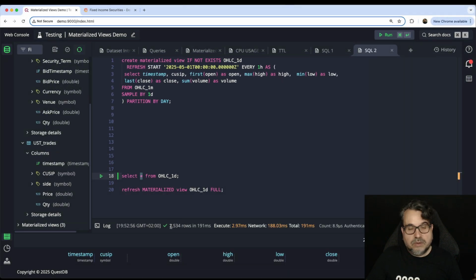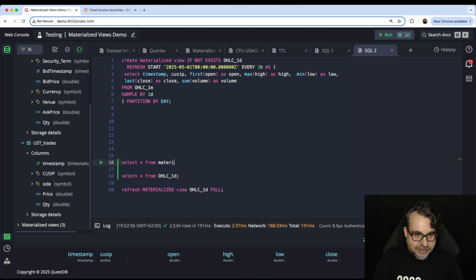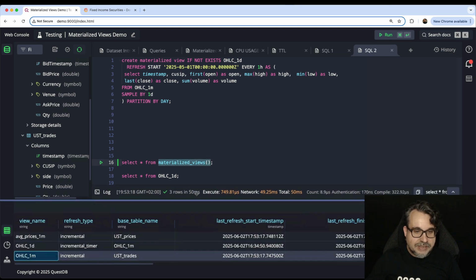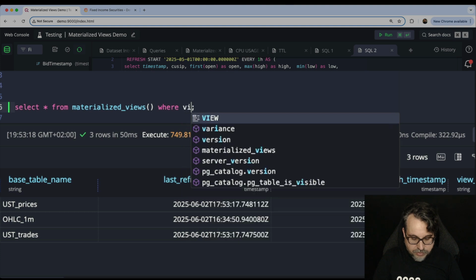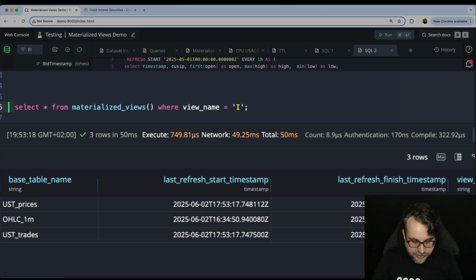I have only 2,500 rows because it's only one per day and per QSIP. But if I select from materialized views, you will see that this view is not refreshing automatically, where view name is HLC 1 day.